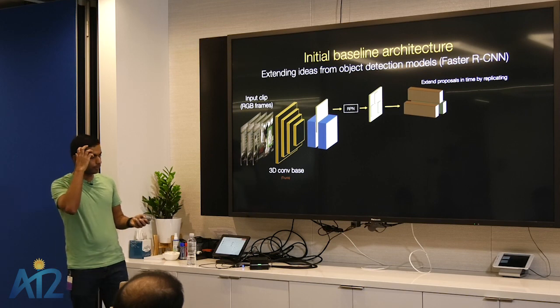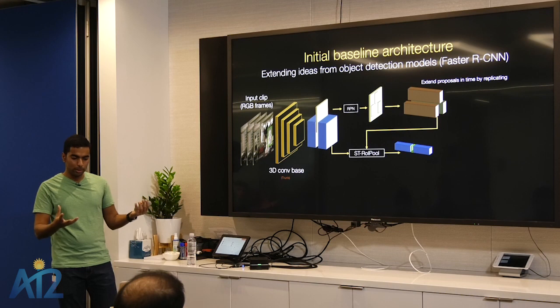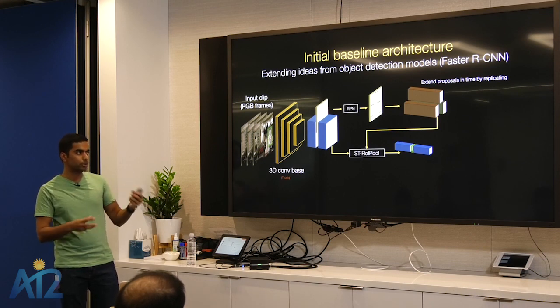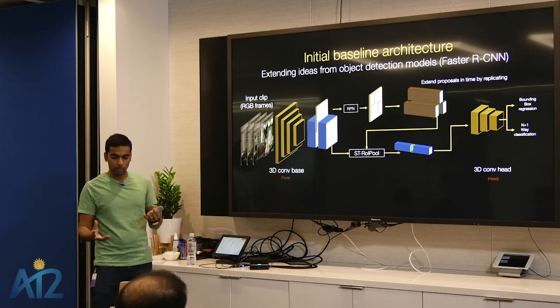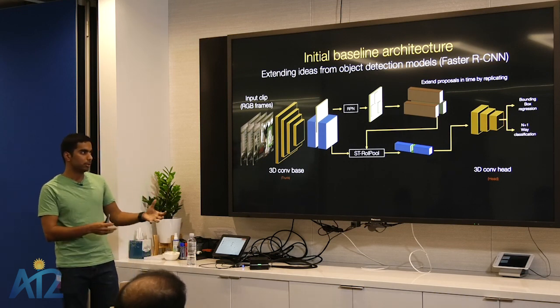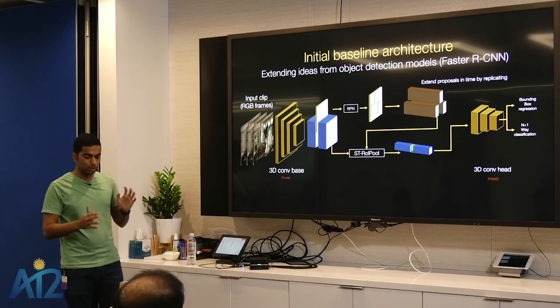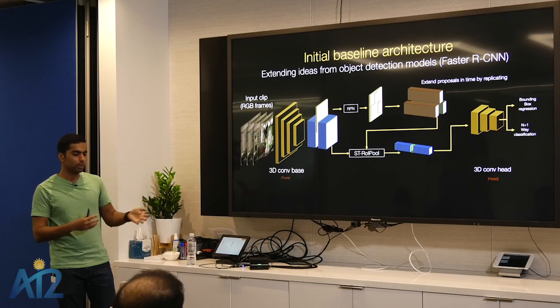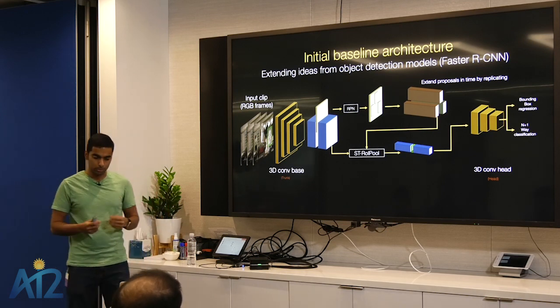along a tube. And using these tubes, we can use a spatiotemporal ROI pooling operation, which is basically just extracting out features corresponding to these tubes from the spatiotemporal feature map, and concatenating that into a feature representation for the person. Then we can pass that through what's called a head network, which is another convolutional network that takes these features corresponding to the person and does bounding box regression and classification. All of this is very similar to Faster RCNN, and the only thing that I've changed is adding the spatiotemporal ROI pooling and replacing all the convolutional networks with 3D convolutional networks.